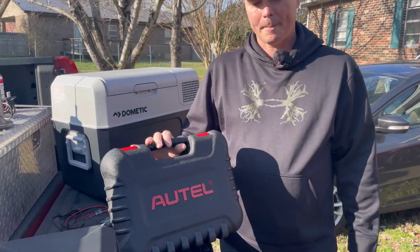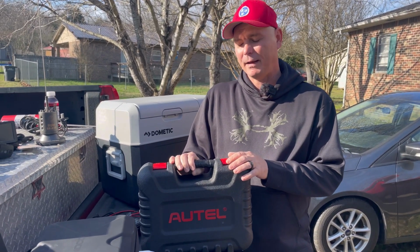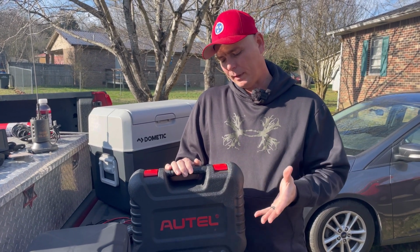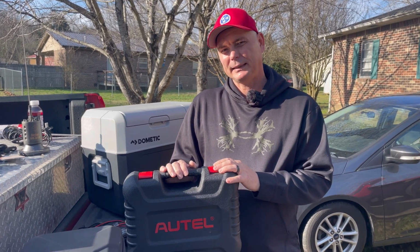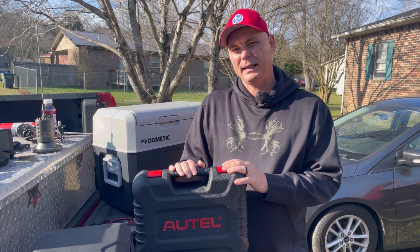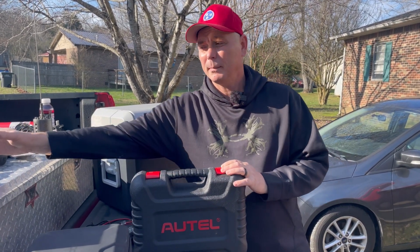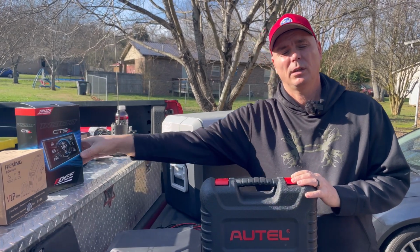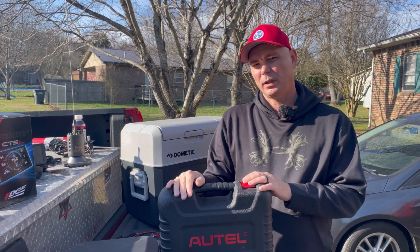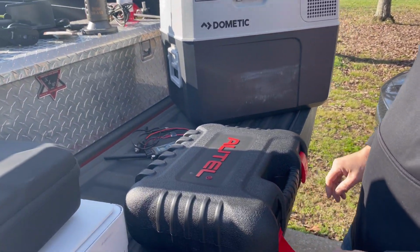Autel. All right, you do not have to have this scan tool. This is a scan tool. You do not. I have not even done a review on it yet because I've only used it once or twice. I'm waiting until I get some more information on it. But if you do not have a scan tool and you're in RV transport, if you're in hot shot, or if you're in any kind of transporting at all, you need some kind of scan tool. Now, the one thing about the gauges, it can read the codes. But to get down deep into it, to do what the gauges won't do, I got the Autel. I will show you what it looks like, but when I get more information on my Autel,